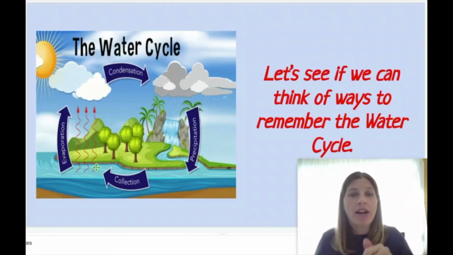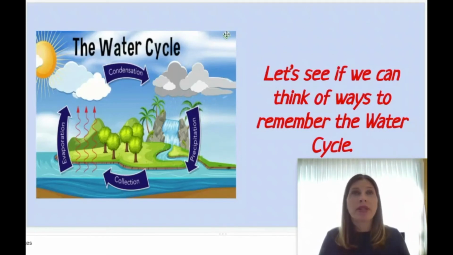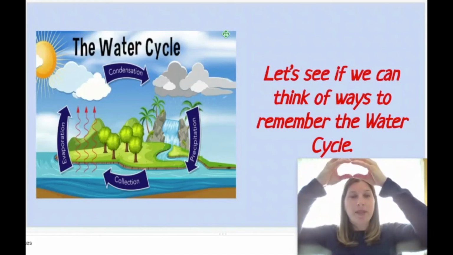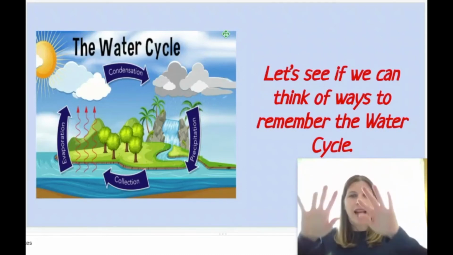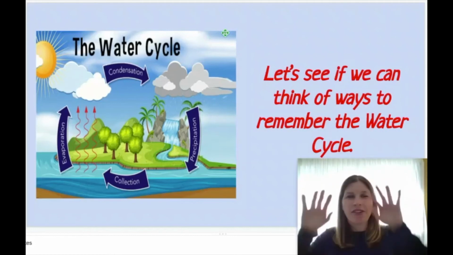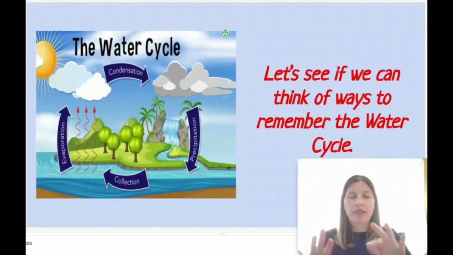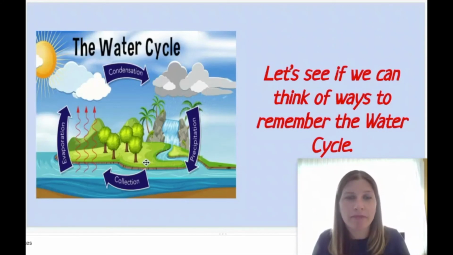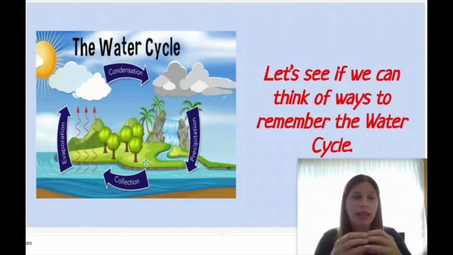Great. Our next step is precipitation. That's showing the water going back down. So with evaporation, we went up, but maybe with precipitation, we can go down. Show those raining fingers. And then finally, our last part is collection, where the water's just staying, somewhere, some body of water, either big or small.